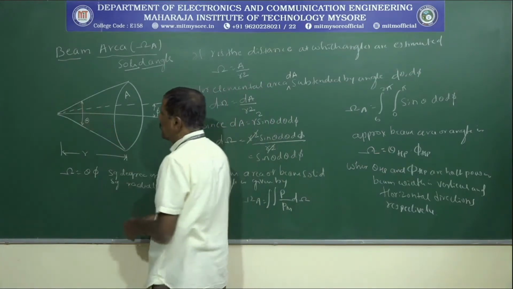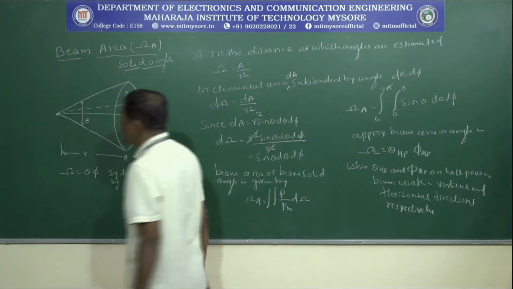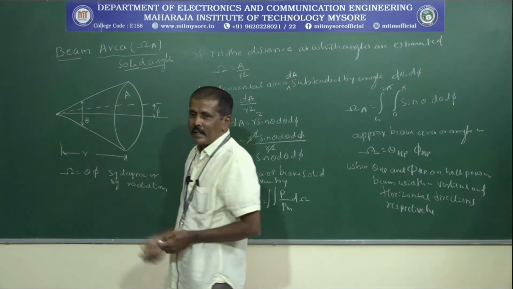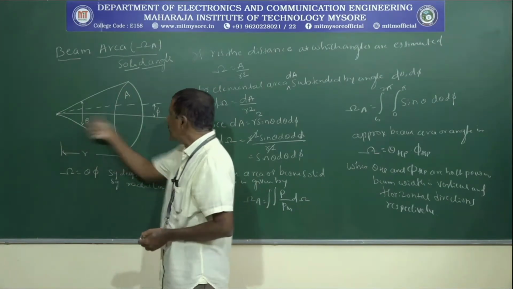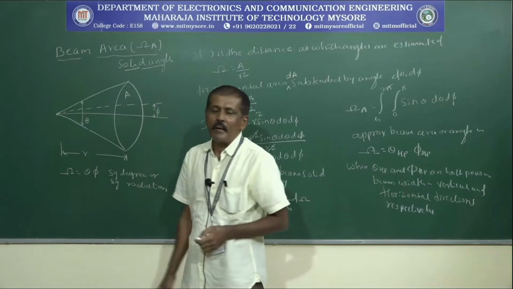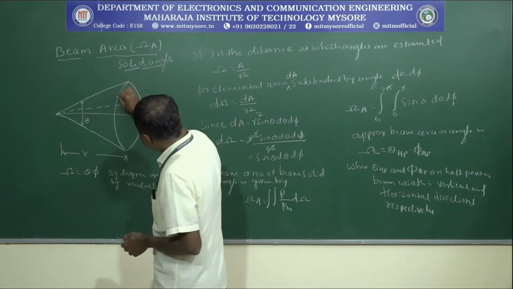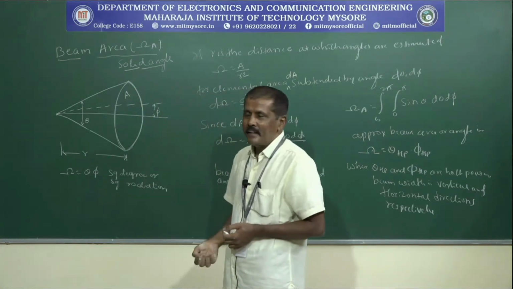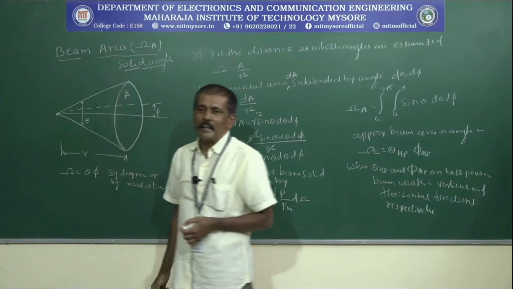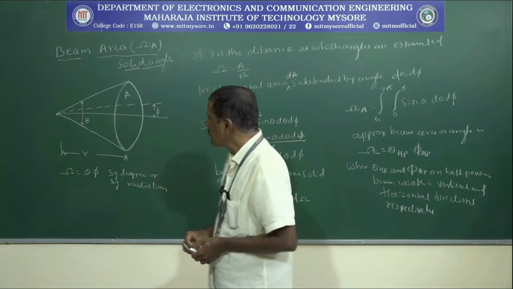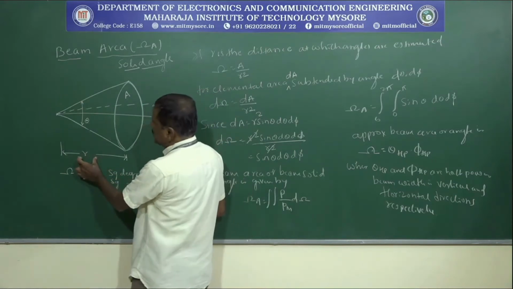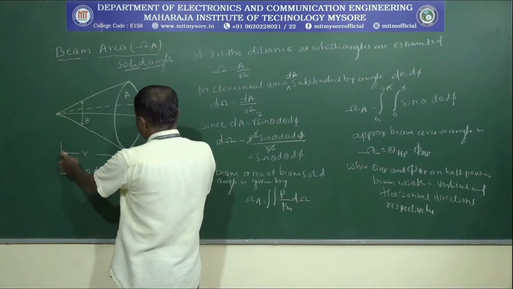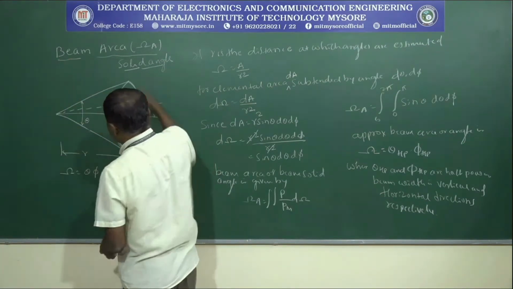Now let us consider this particular figure. Here you have an antenna. This antenna radiates power, and the radiated power is in the vertical direction with an angle theta, and in the horizontal direction with an angle phi. This is the area through which the maximum power is radiated, and this is called the beam area or the solid angle. Whatever R has been shown here, R is the radius. This is an antenna, R is the radius, then you can draw the sphere.